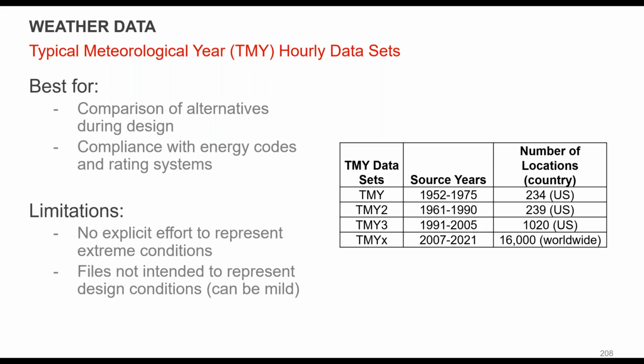up even until the late 2000s, we didn't have a lot of data for the US, just 200 and some locations. The last data set you see there, TMY3, from one of the labs, the data is almost 20 years out of date at this point. There's a newer data set, TMYX, which has 16,000 locations globally, and I think it has over 2,000 in the US. More data as it comes online.